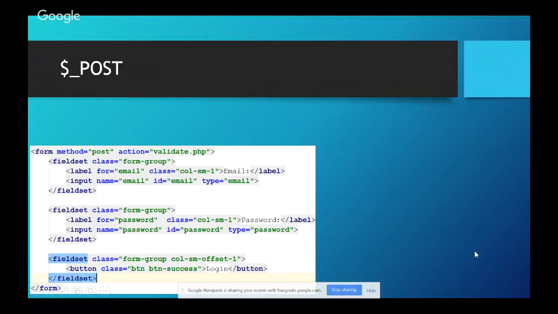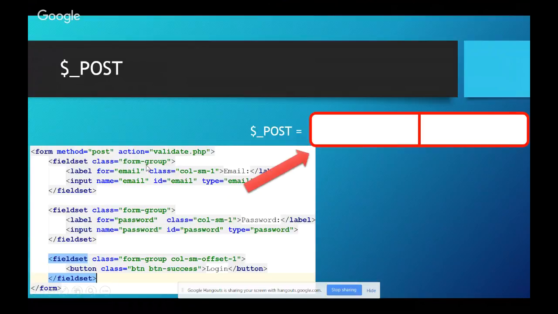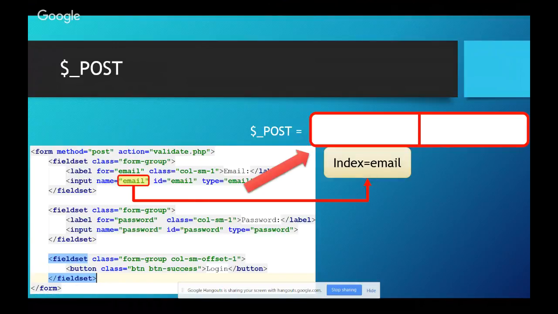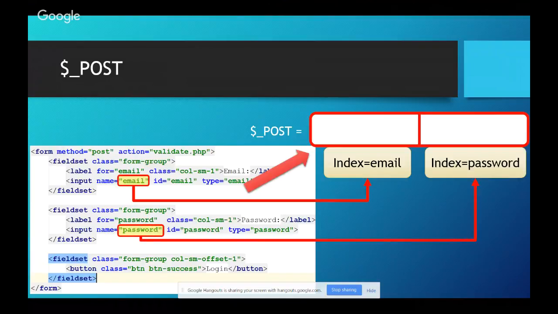Now it's similar in the post array as well, but here the big difference is we're going to use the name field. In the post array, in this case, when we post this form, there's two fields. We have two input fields, one for email, one for password. So in our post array, we're going to end up with two fields. One of the fields is called email, and then the other field is going to be called password. When the user fills in the form and hits the submit button, that's when the post array gets populated. And if we want to access the elements of that array,